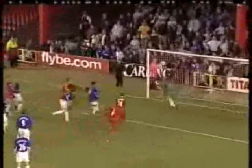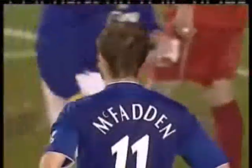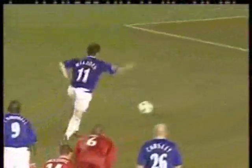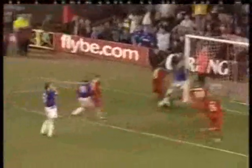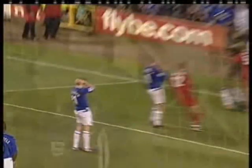Saved by Phillips. McFadden with the follow-up. Brilliant goalkeeping. McFadden holds his head, but Phillips, who I mentioned, saved a spot kick just a couple of weeks ago at Peterborough United, has pulled it off again. It's an absolutely tremendous save. The second one more so, because he's got across the first one and it comes with pace, and he's got to get up again and...